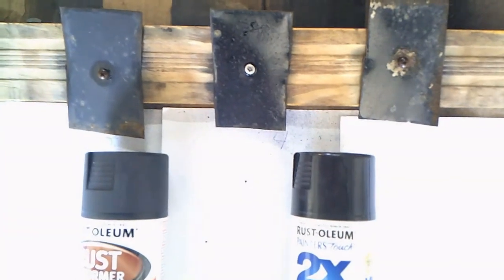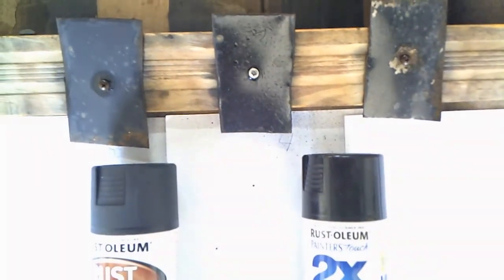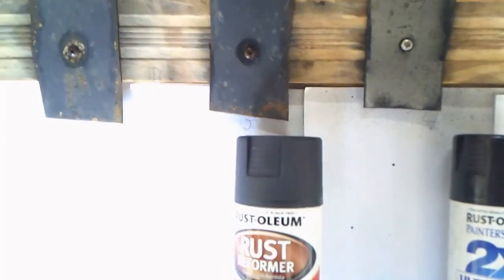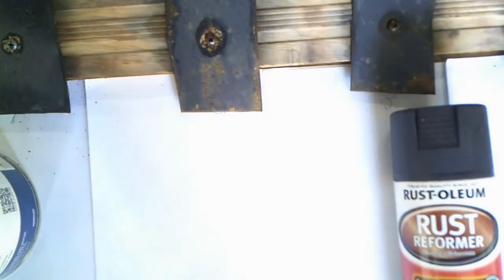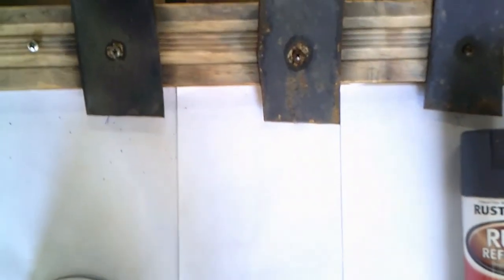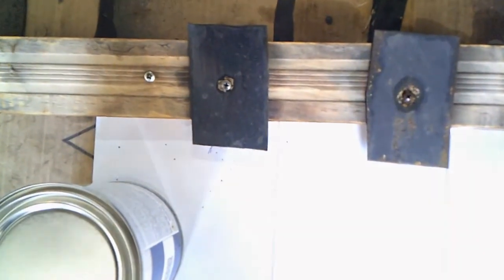Okay, the second one, it's not bad. It's got a couple little places that it didn't stick too good, but it's not too bad. And this one, not bad either. This one ain't too bad either. This one here is probably second worst, and that's with just this stuff alone. So if you're gonna put this stuff on, I would put a top coat on it afterwards, or finish coat. And this one is with this stuff and a finish coat of the